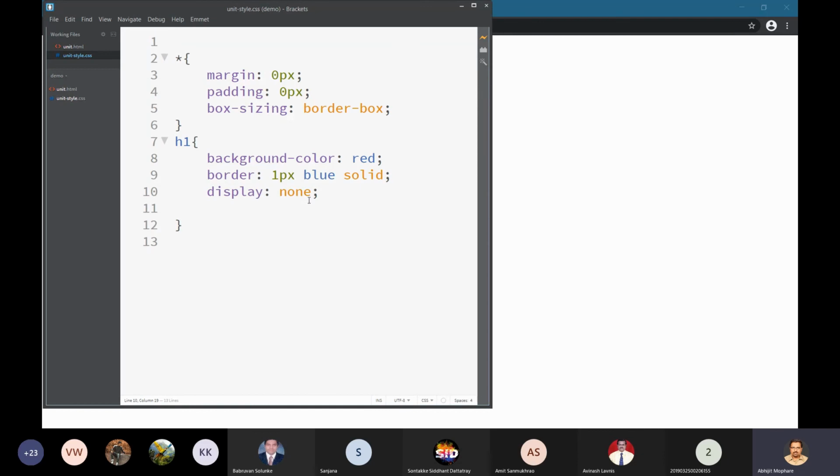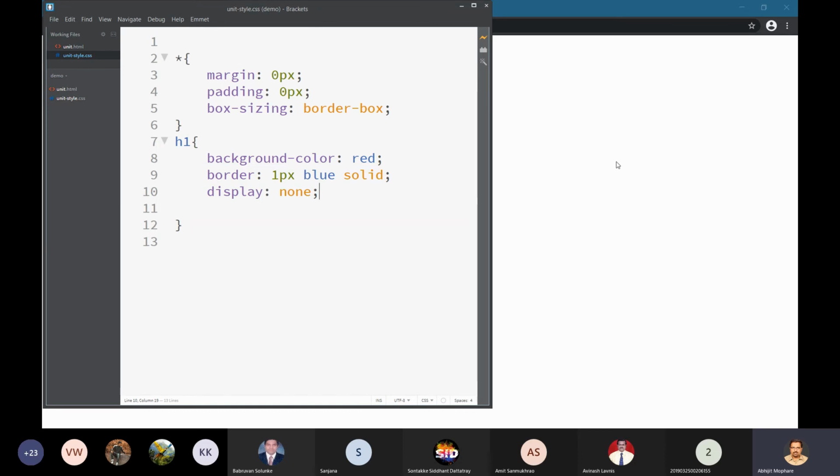Okay, so normally with display none, if we want to hide certain elements with the help of code, we normally write certain code in JavaScript and hide the element. They are actually present in the web page, but they do not have any visibility, and they also do not take space in the viewport.